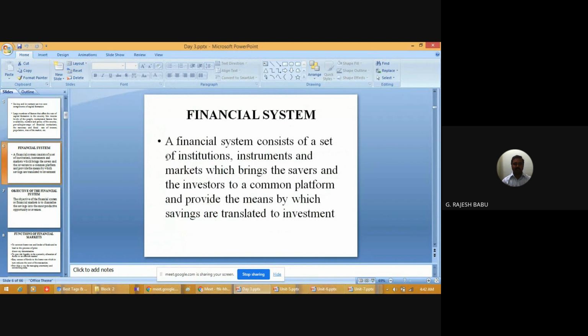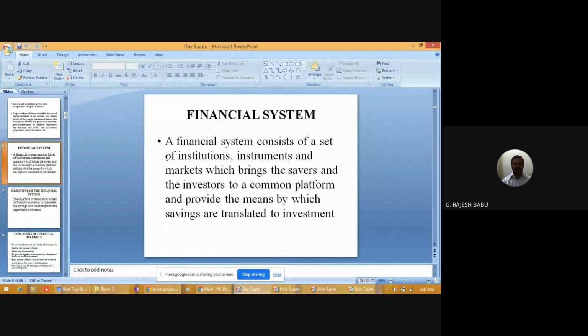Next, we move on to the financial system. A financial system consists of a set of institutions, instruments, and markets which bring the savers and the investors to a common platform and provide the means by which savings are translated into investment. The principal objective of the financial system or financial market is to channelize the savings into the most